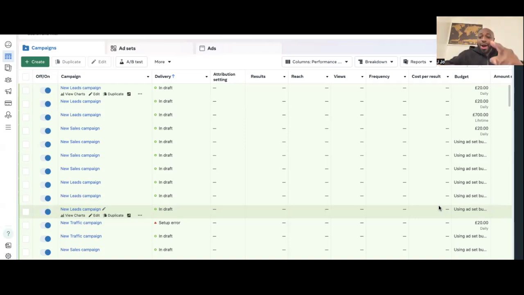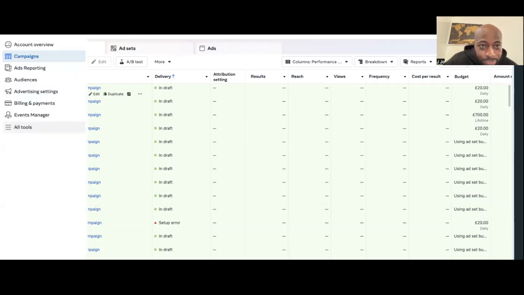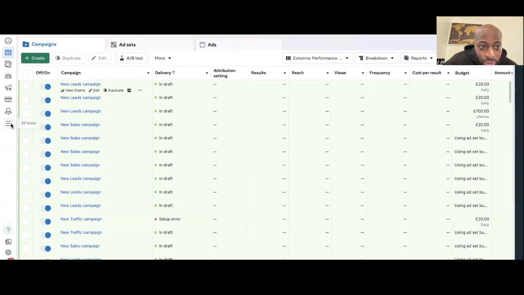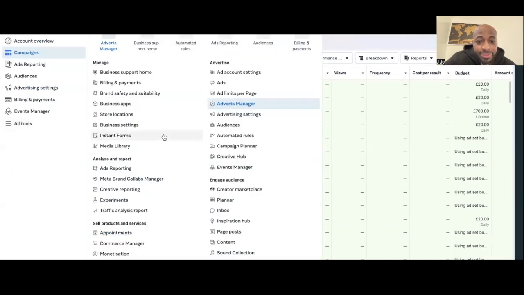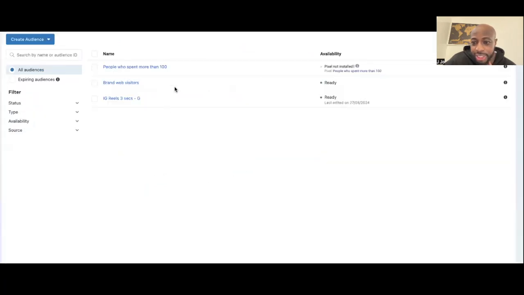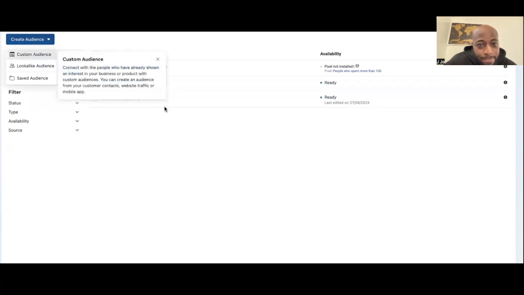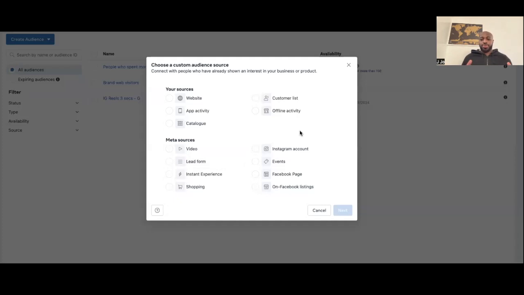So I'm going to show you guys how to do it. All you've got to do is this. You click on all tools right here. Then you go to audiences. As you can see, you're going to see this page right here. All you got to do is click create audience. Then click custom audience. Then you're going to be shown these options. All you got to do is click here